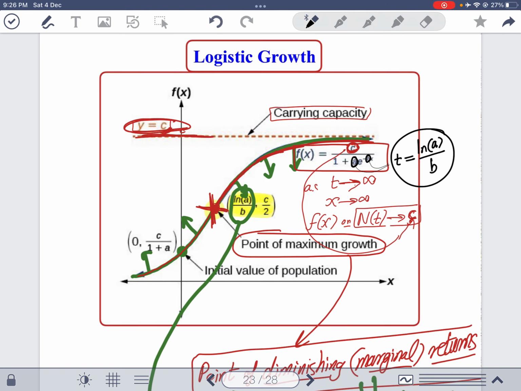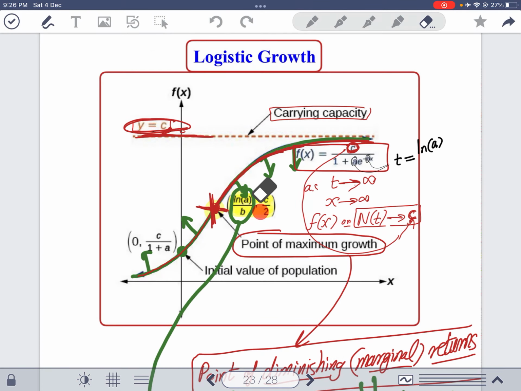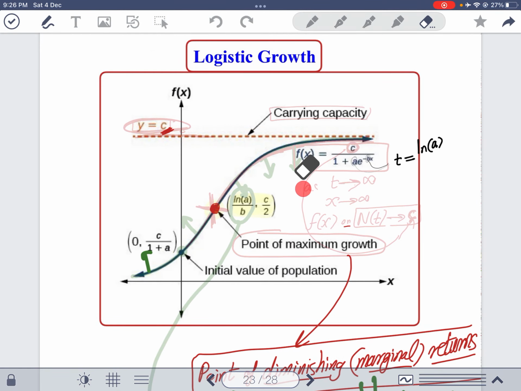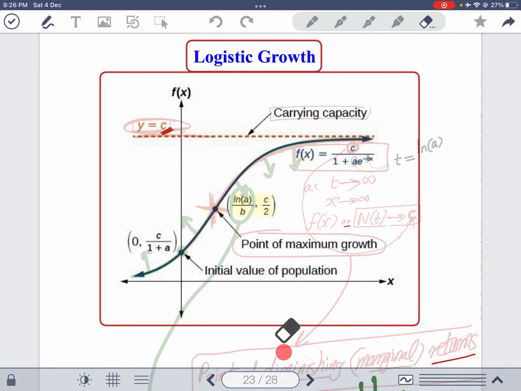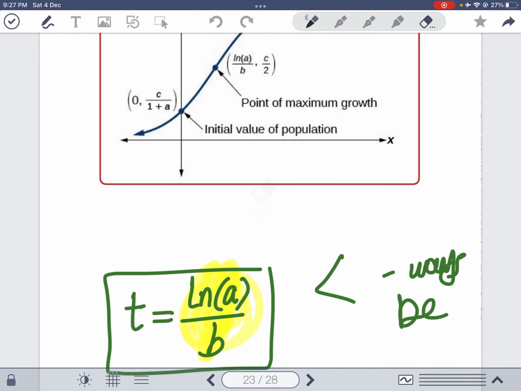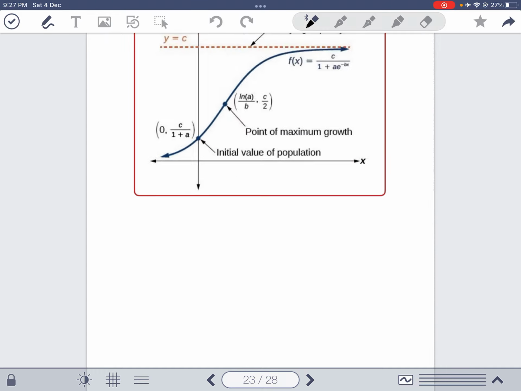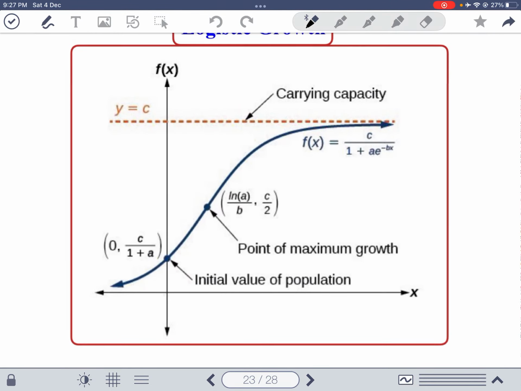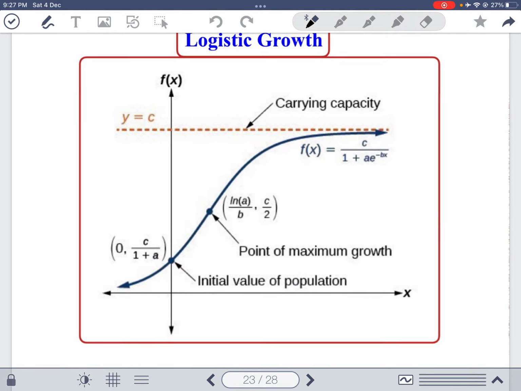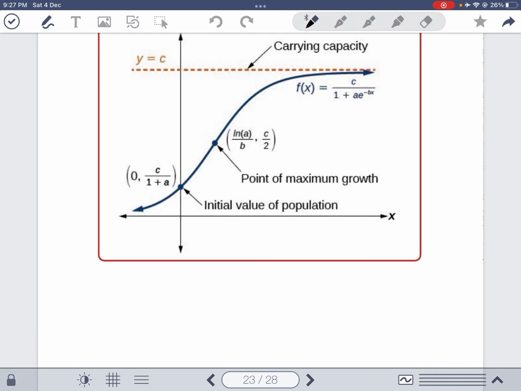Okay, so I'll go back just to make things look better. Let's take not everything, just most of it away. And now we have studied it in careful detail, kind of, but still, to solve questions about it, you need one more thing. You can always come back to this picture to remember everything that you need to know about logistic growth. So one last thing before we solve our question is that if you want to do the inverse of this,